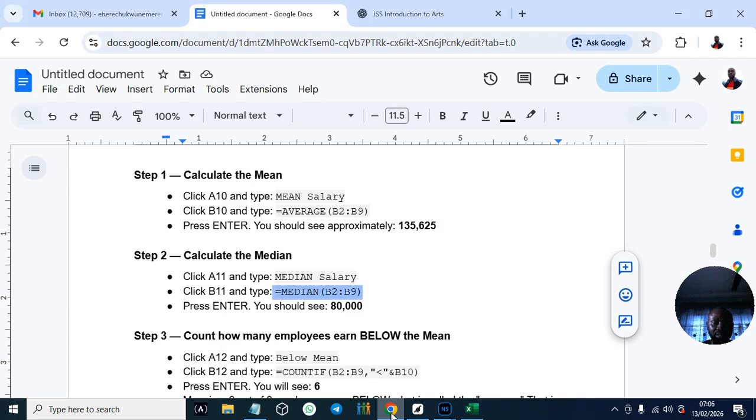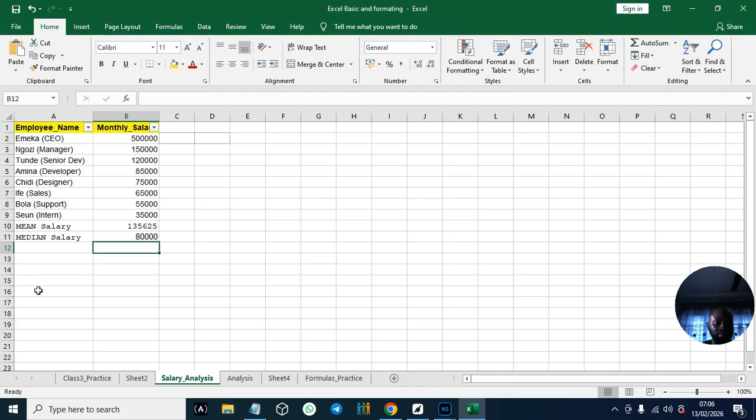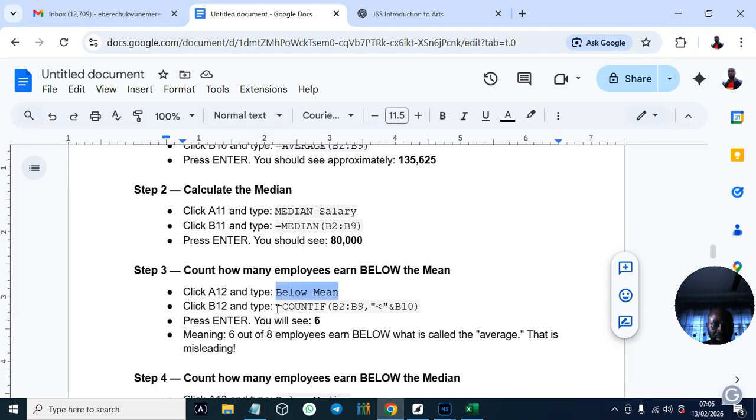In case it's giving you trouble, you have seen the difference. Now let's count how many employees are below the mean. You see, one is below the mean. Now let's count the number below the mean.